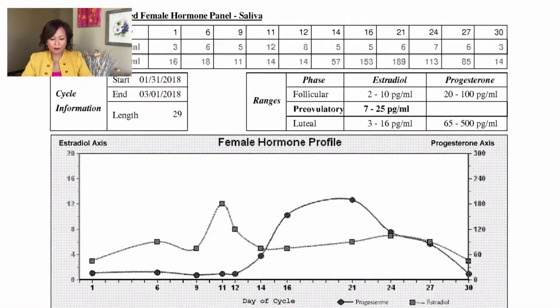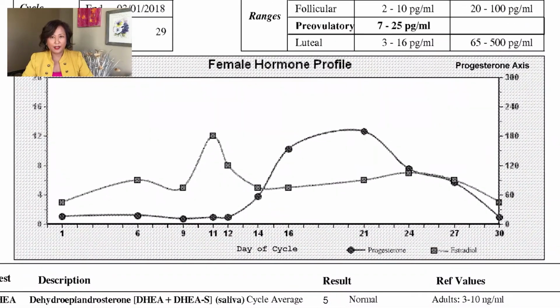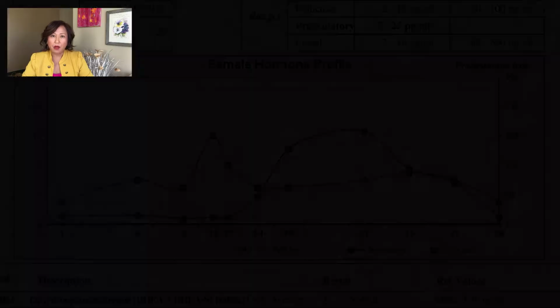Alright, so now let's take a look at some of the sample reports of my patients. As you can tell on all those graphs that you see, they are nowhere near the classic textbook graph, and this is quite common, and that's where I come in, in terms of trying to understand what's going on with your hormones and trying to see how else I could help you. Alright, in some of these